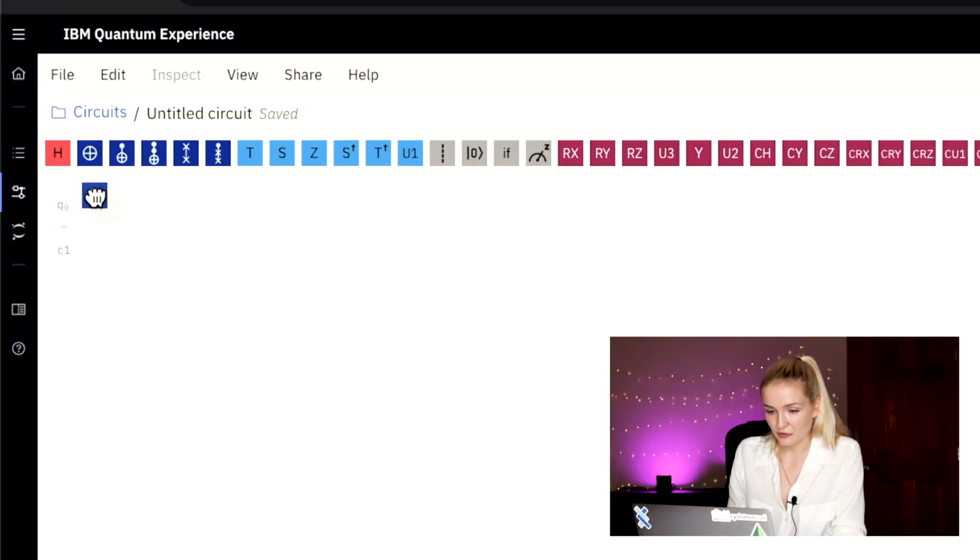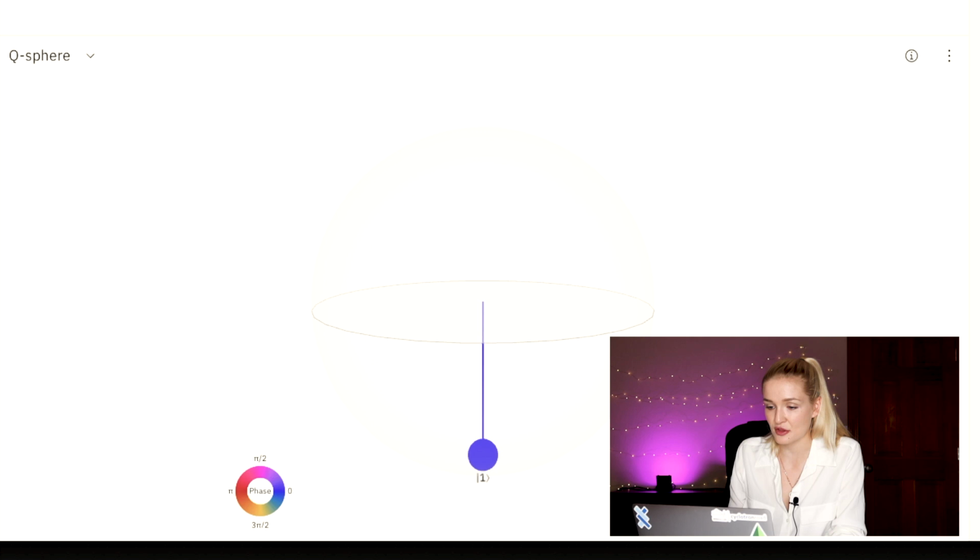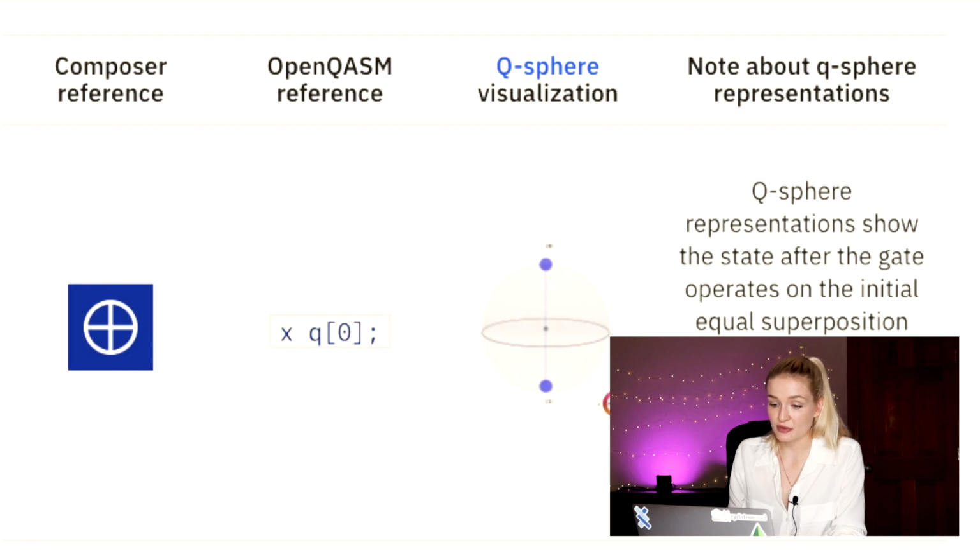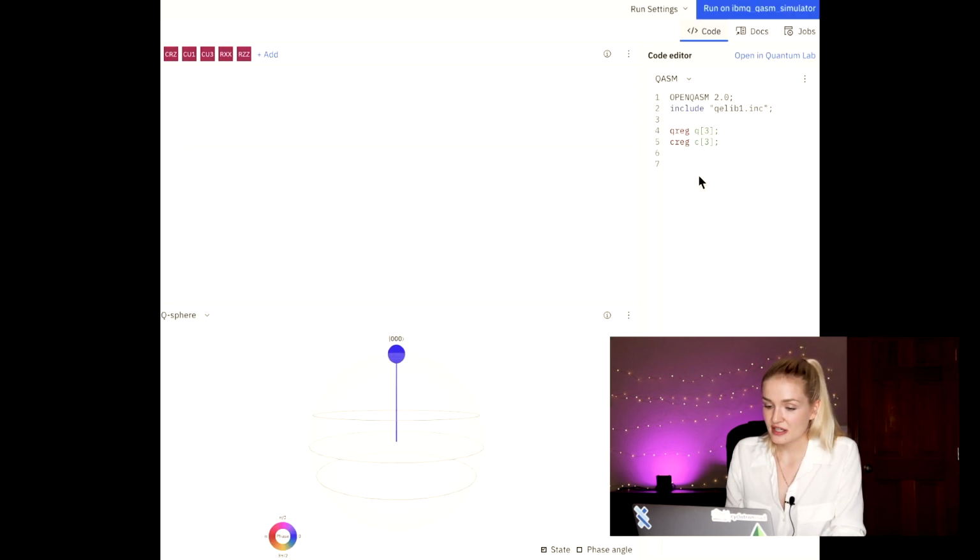Now, before we go through the rest, let's talk about all the gates. Unary gates are operators on 1 qubit. The X gate we've seen before, and it's a bit flip, which means it's a pi rotation around the X-axis on the Bloch sphere. So now, a qubit that was in the 0 state becomes a 1. This gate is written in OpenQASM like X, space, and whatever qubit you want to apply it to.